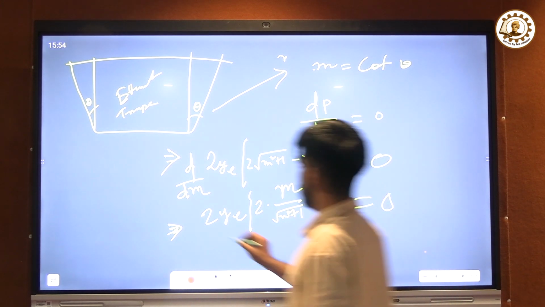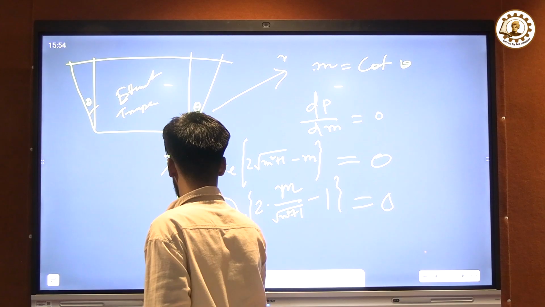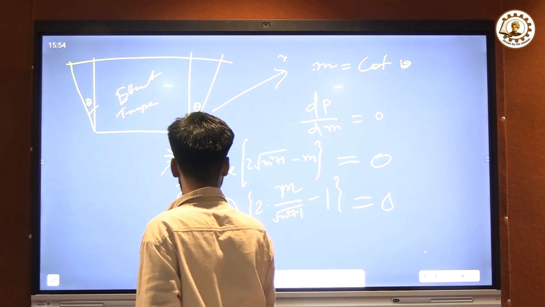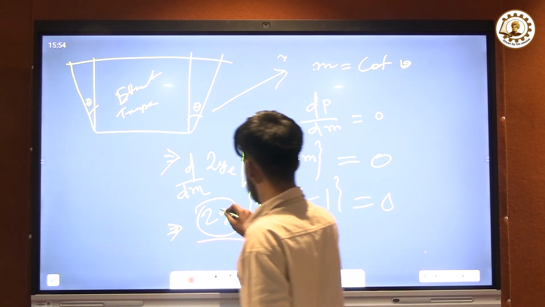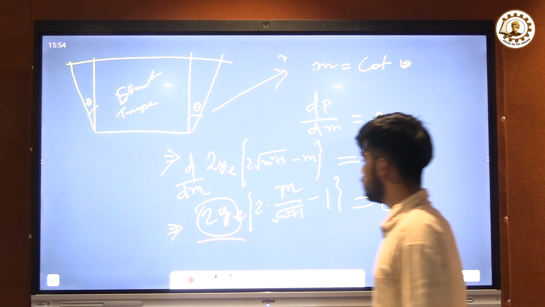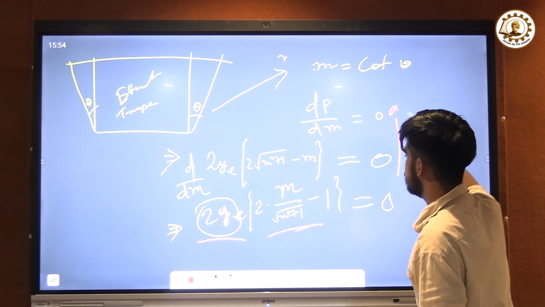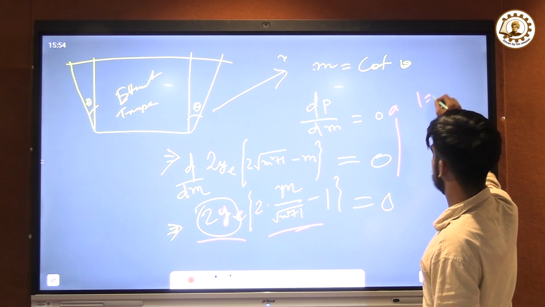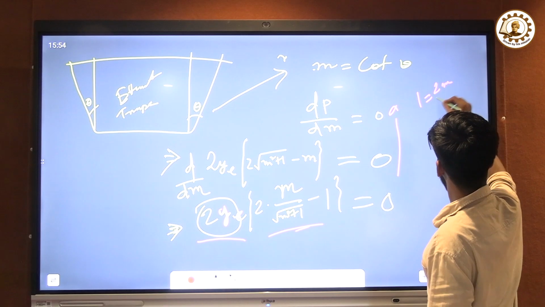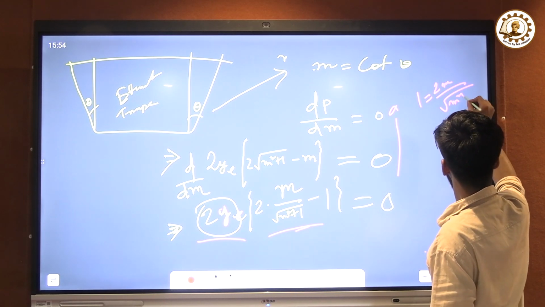Now the 2Ye, Ye can never be 0, but that other term can be 0. If this term is 0, then we can write 1 equal to 2m by root over m square plus 1,